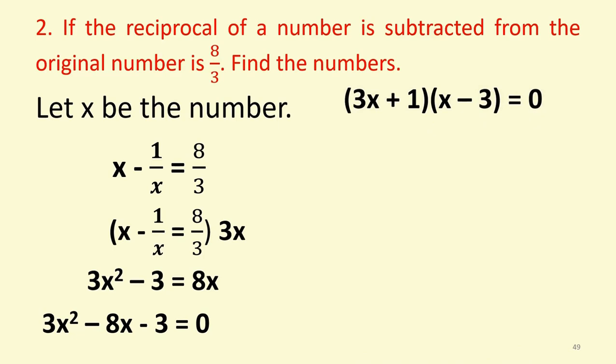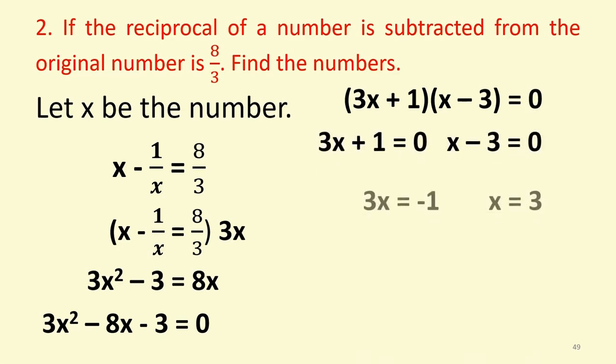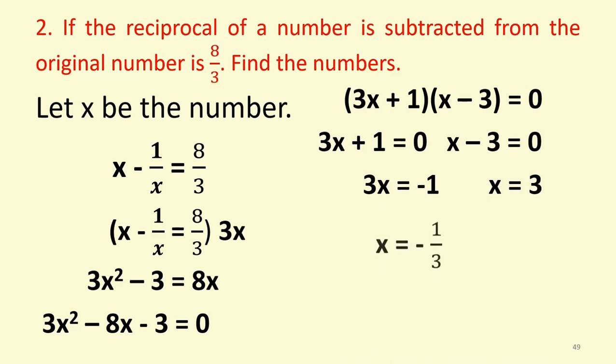The factors, we have the quantity of 3x plus 1 times the quantity of x minus 3 equals 0. To solve the values of x, we have x equals negative 1/3 and x equals 3. So the numbers now we have